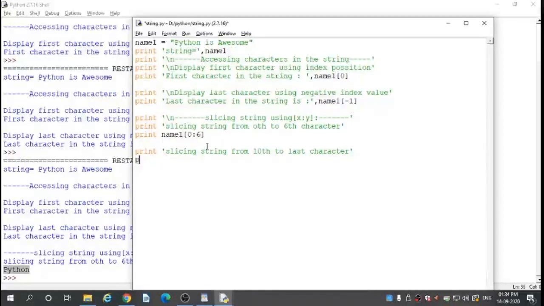Enter, print name1 in square bracket 10 colon.